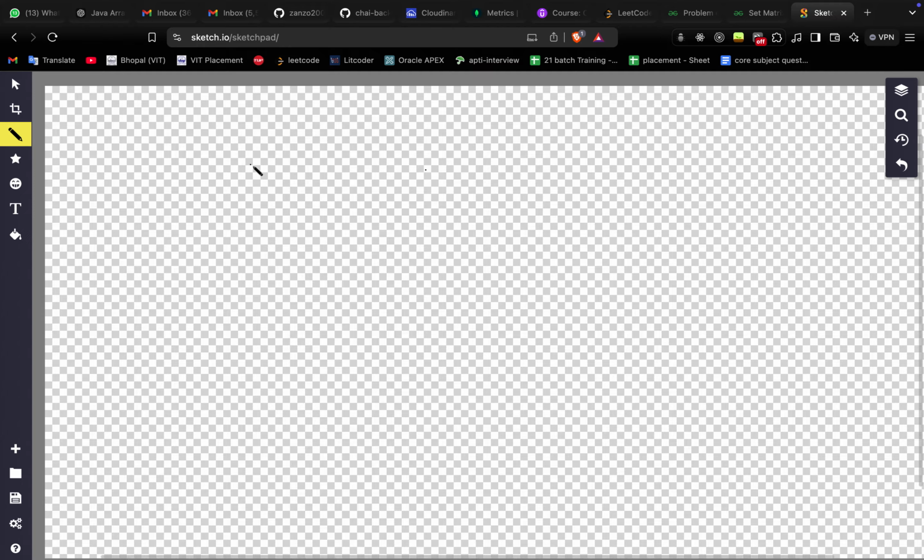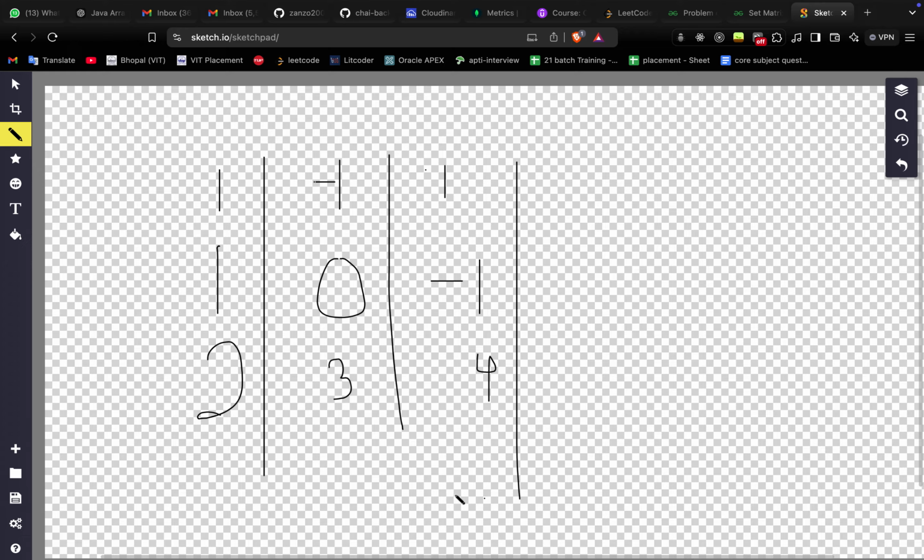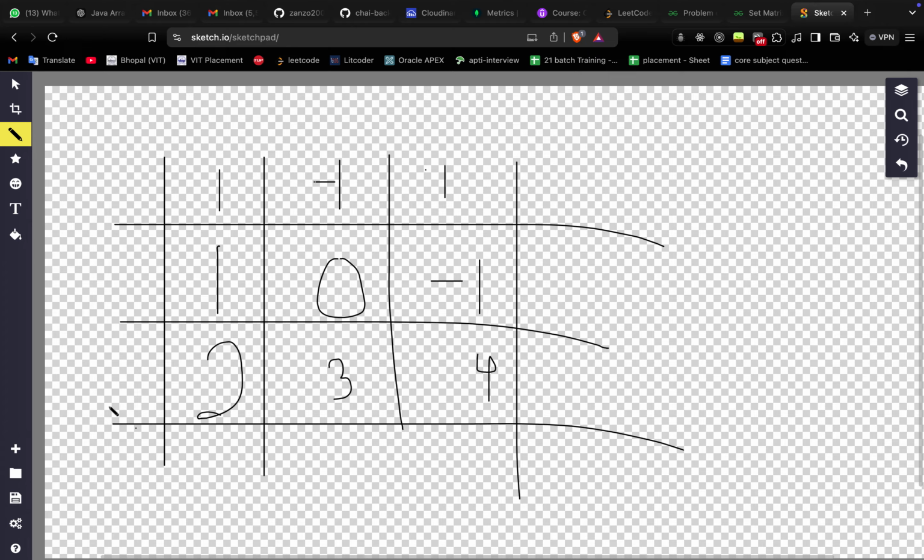So let us take this test case, and this is our matrix, and this is the 0th column, 0th row, first row, second row, 0 column, first column, second column, and we need to convert this and this. So basically